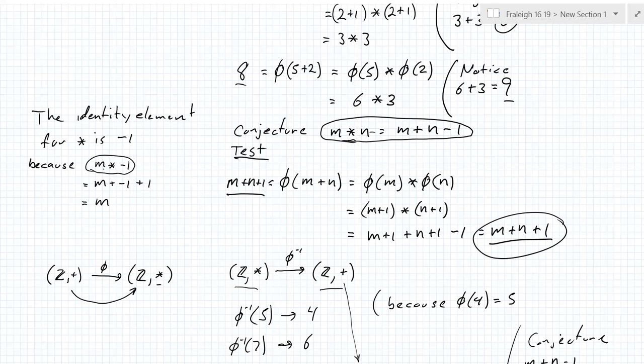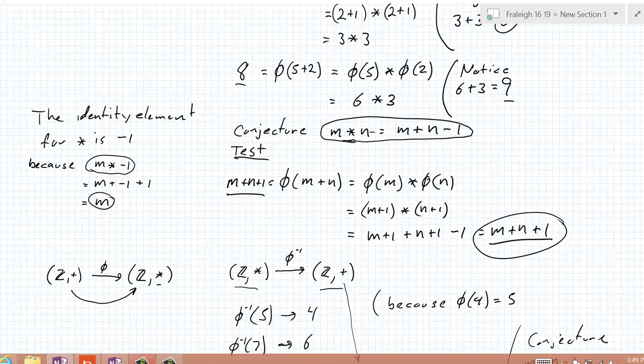So I operate on m by minus 1 and I get m back. That's the very definition of an identity. So I'll try and do 18, but I might not get to it until